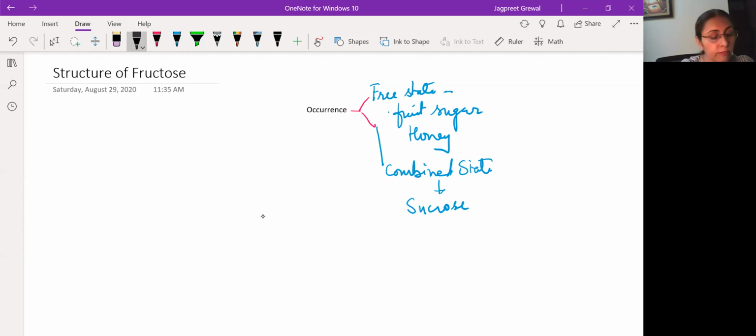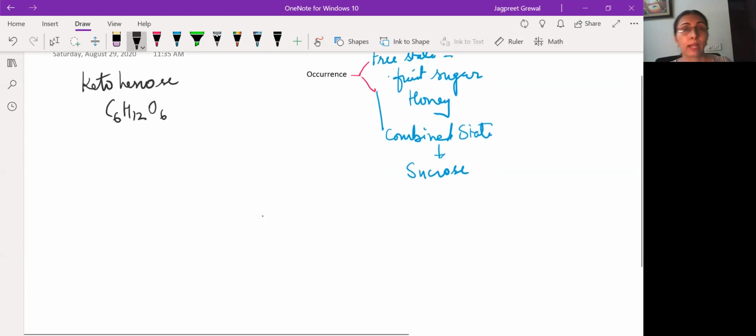Now, what is the structure of fructose? Fructose is a ketohexose. It is a ketohexose with the molecular formula C6H12O6, the same as glucose, but the difference is that in place of the aldehyde group, you have a ketonic group. So if I draw the structure over here,